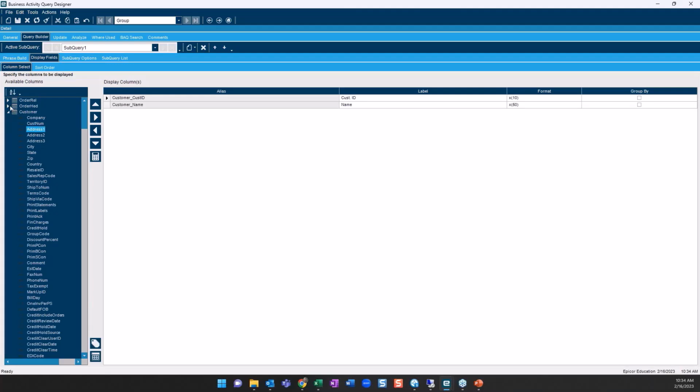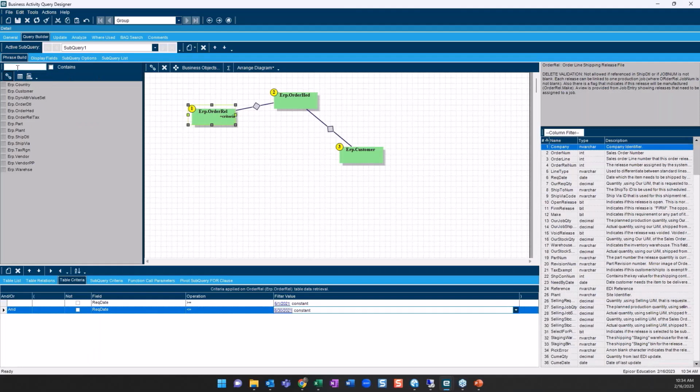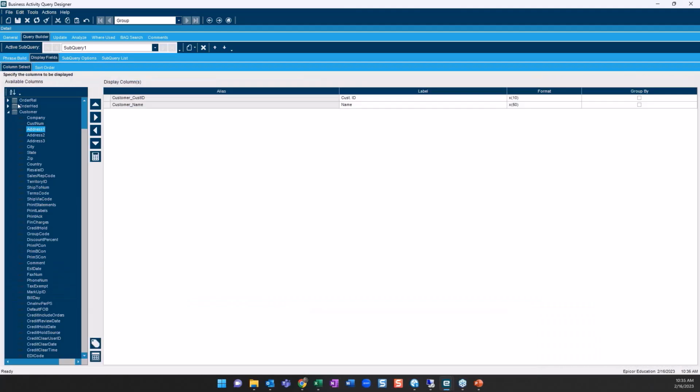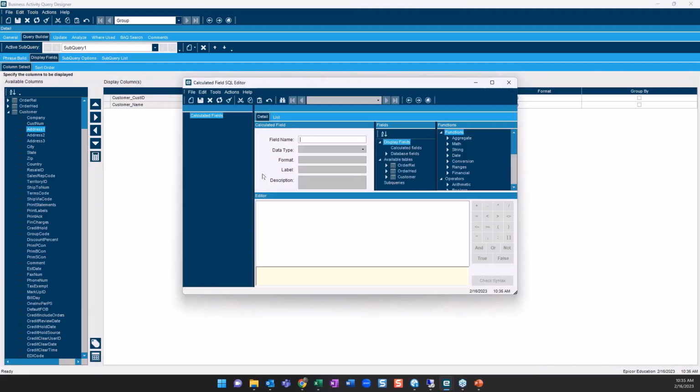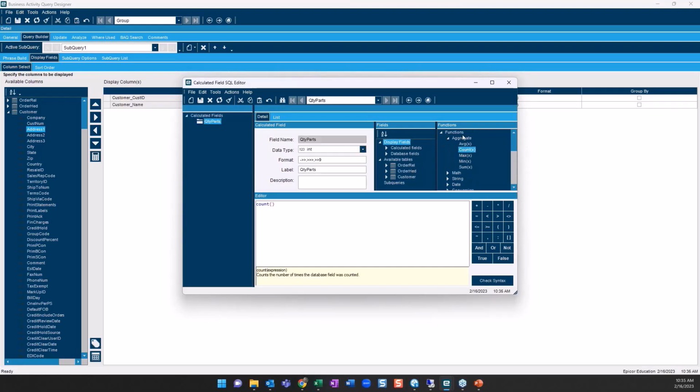customer ID, name. No, we're just going to do counts. And then I could say I want a quantity parts. Integer. Here's my aggregate. And a nice trick is I can just do a count like this. I'm just doing this. I could come in and select, actually, if we want